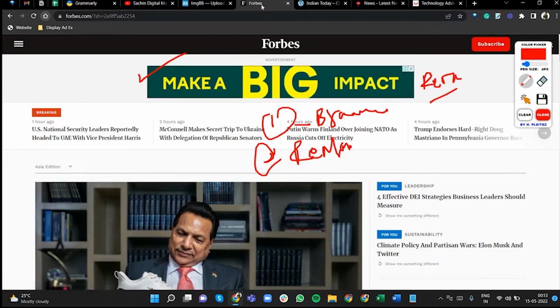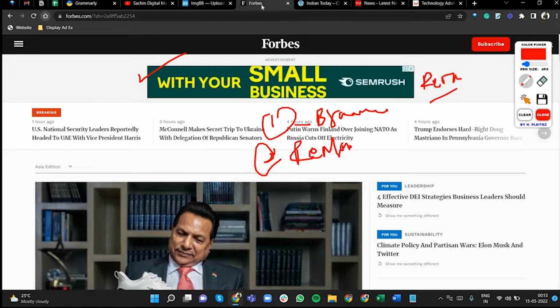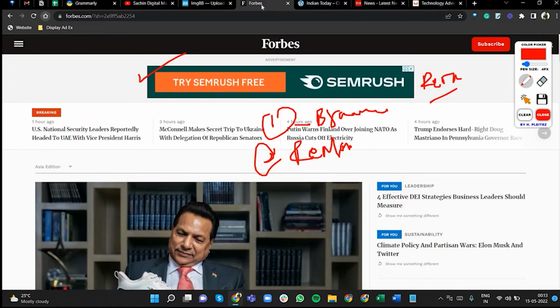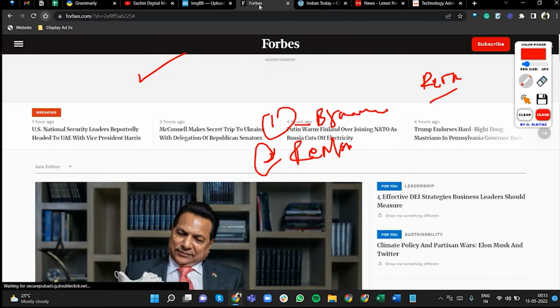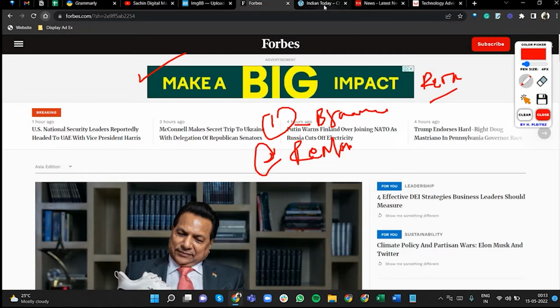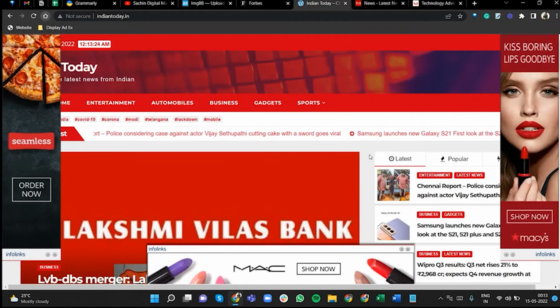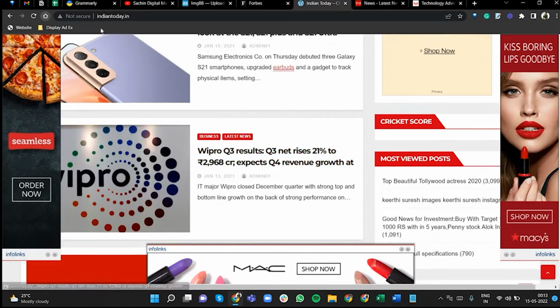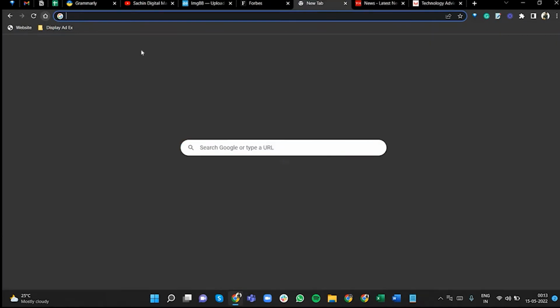Okay, so for example, I was getting retargeted on SEMrush, because I was constantly spending a lot of time on SEMrush over the last two to three days. That's why they are retargeting me to buy a subscription or something to use SEMrush more. They are completely retargeting me. And if you visit an Indian news website,